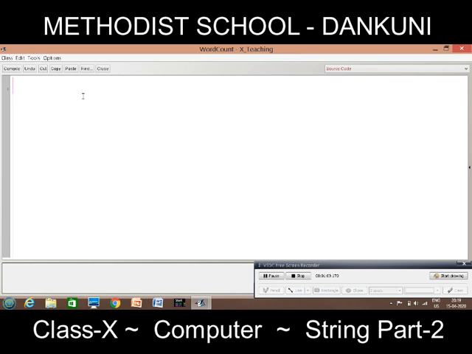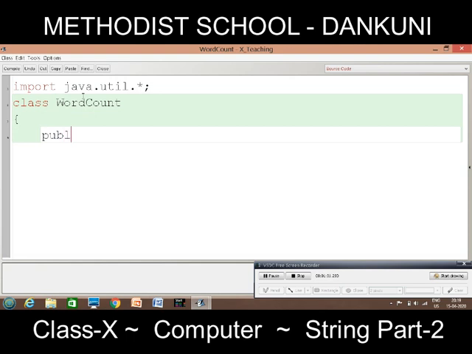So for that, import java.util.*. You can write util.Scanner also, but anyway, then I will declare the class as class WordCount. As usual, public static void main.